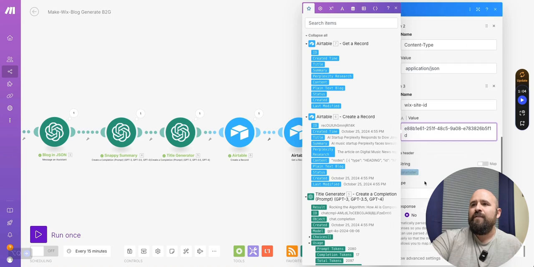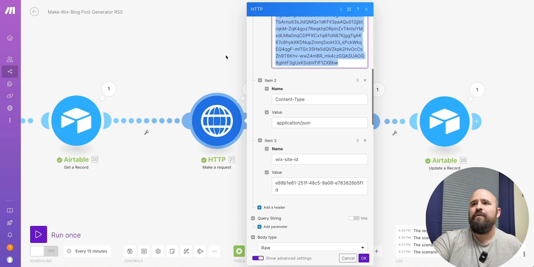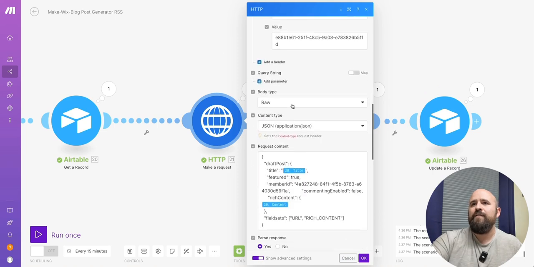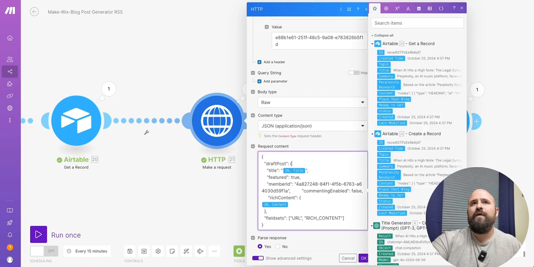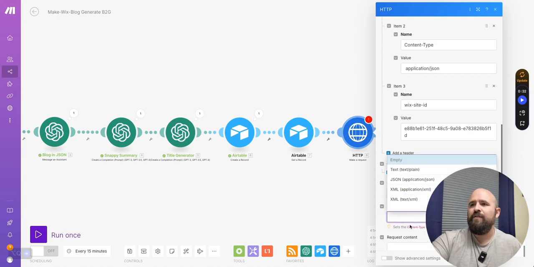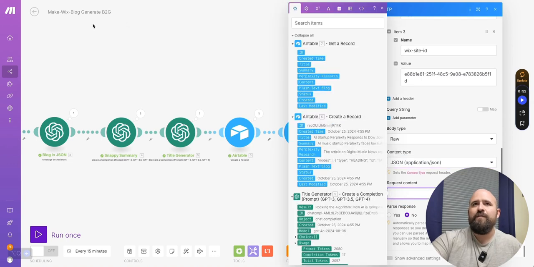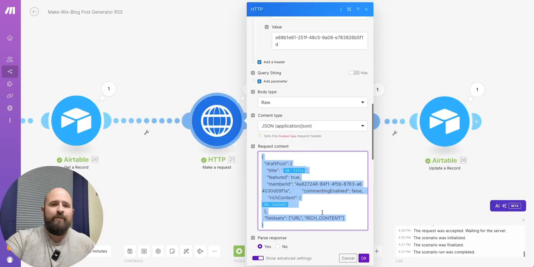The next thing that we're going to do is put in our body type information. All right, so if we go down here to body type, we're using raw. We're using a JSON application. Let's set that. Body type is raw. Content type is application JSON. See, so it's the same type that we have up here. And then the actual request content. What are we putting in there? We're going to